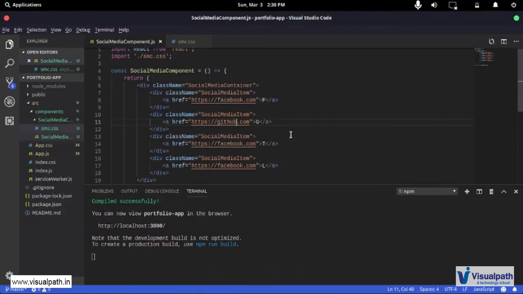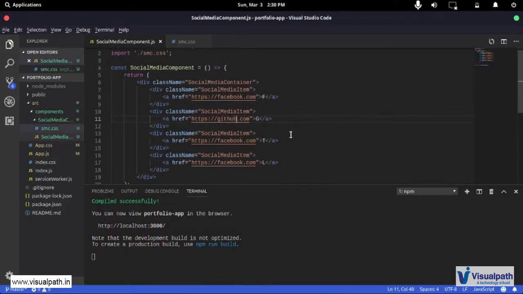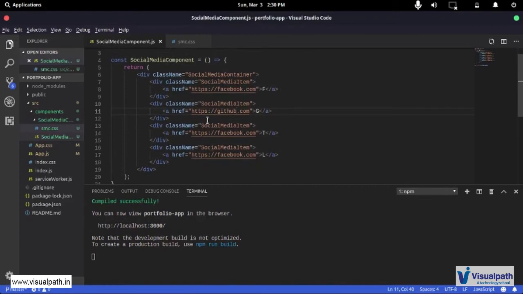Now if you look closely, we are repeating ourselves a little here. We have a div called social media item, and then we have a link, and we have a text for that link, and we are repeating ourselves 4 times here, and that is not something that React encourages you to do.